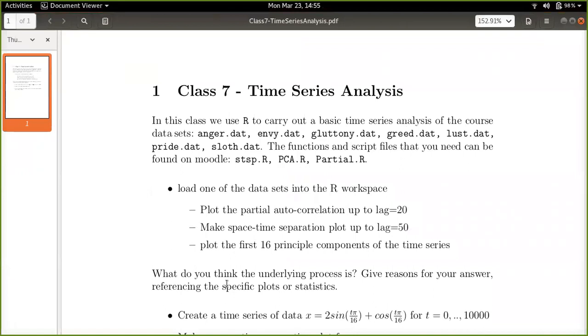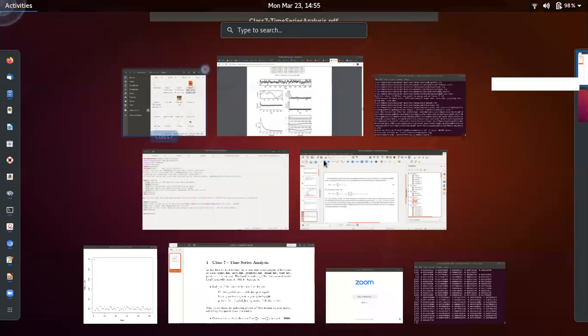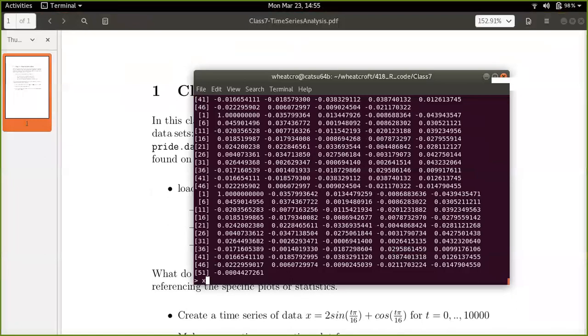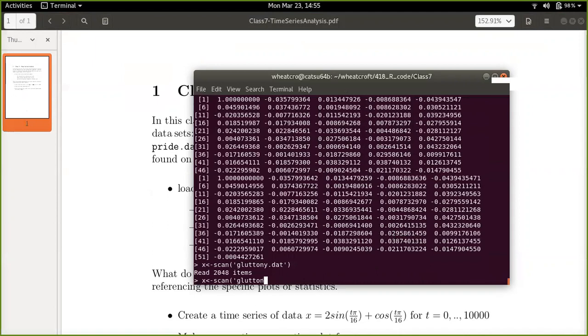Now, space-time separation plots are actually very useful. So let's start with gluttony again to see what that looks like. This shouldn't come as a surprise. This is a linear process. So how does this work? We have STSB, the space-time separation plot. X is the first argument. The next one is the maximum time ahead we look, the maximum lag. Let's try 100, and then we have